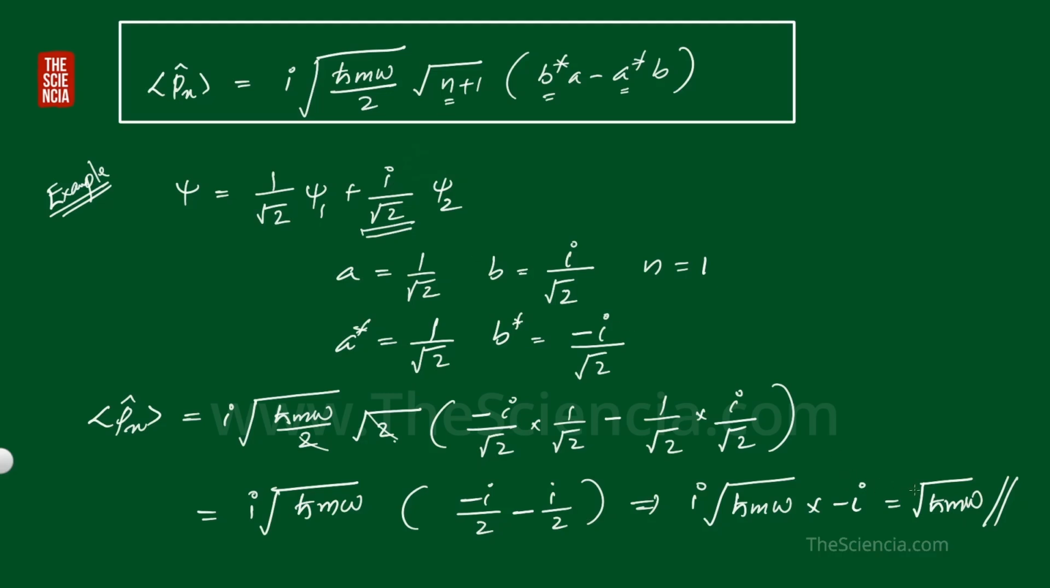So we got a value for the expectation value of Px. Now let us check another example problem. Next example: psi is equal to root 2 by 3 psi 0 plus 1 by root 3 psi 1. And the question is to find the expectation value of Px, and we know the expectation value of Px is equal